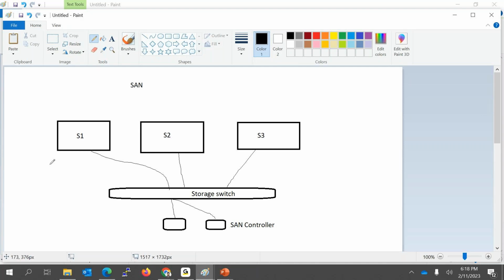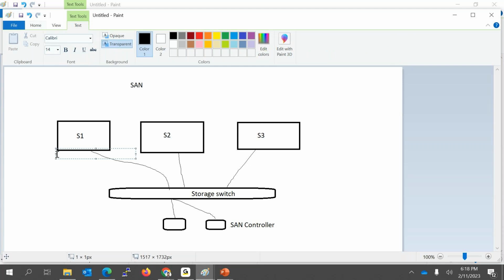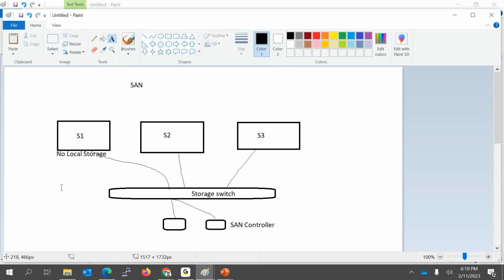Okay, so here the storage part, right? The server has no storage. No local storage. So all the storage from the server is removed, and it is put into the SAN box. Server has no storage. You install your hypervisor, and you get one LUN or maybe one data store provisioned from here, and it is connected to the server, but it is not local storage. Okay, it is over the network.